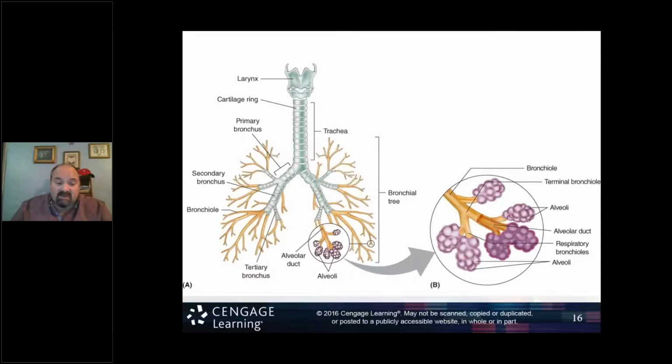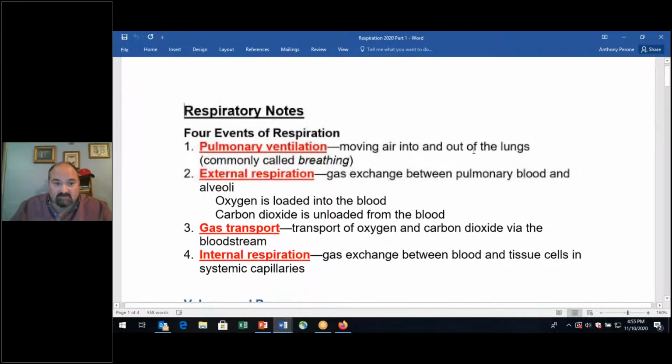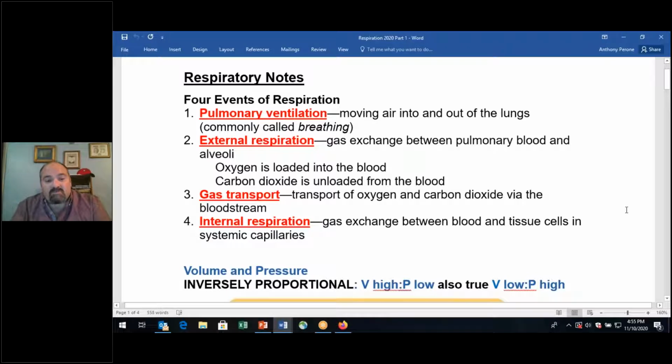Okay. As a matter of fact, let's just take a look at that for a moment. So as far as these terms that I would like you to see right off the bat, and then we'll return to the PowerPoint. Ventilation, pulmonary ventilation, this is the act of breathing. Gases are entering in, gases are exiting, right? So breathe in, breathe out, inhalation, exhalation, inspiration, expiration. This is pulmonary ventilation. External respiration, this is when we have the gas exchange between the blood and the alveoli